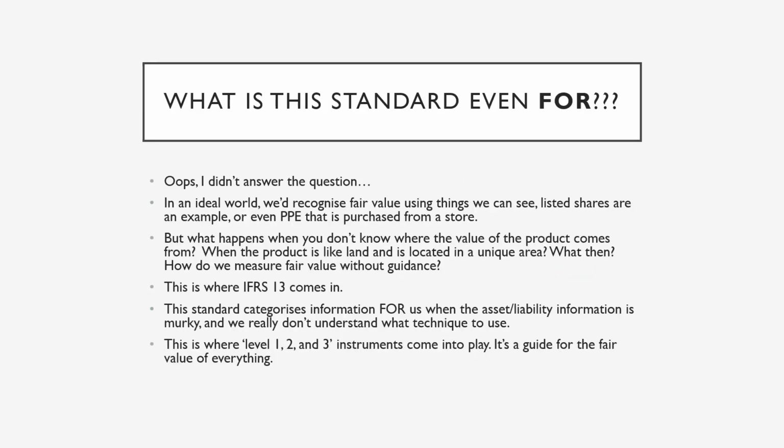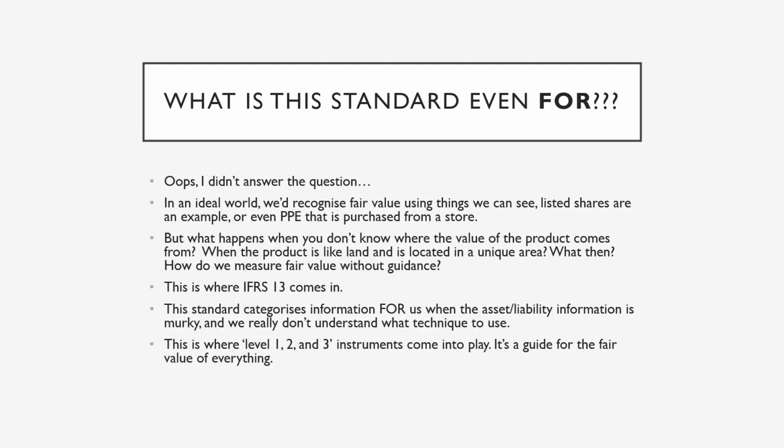So I want to go back. Level 1 inputs are totally observable, your listed shares. Level 2 inputs would be something like this land I just spoke of. It has some unobservable inputs, but most of them are observable. And then obviously Level 3 would have significant unobservable inputs. That means that a lot of guesstimation has to happen, obviously using valuation techniques in order for this fair value